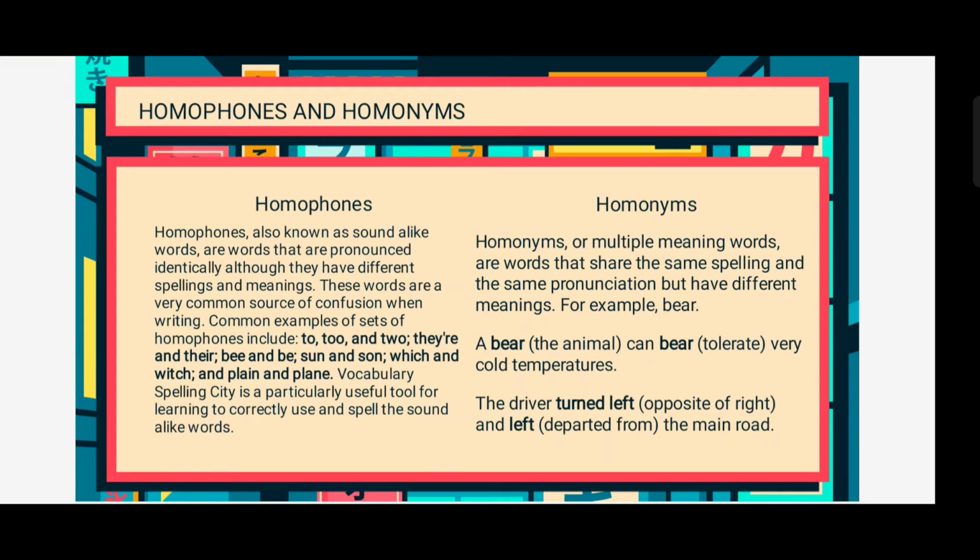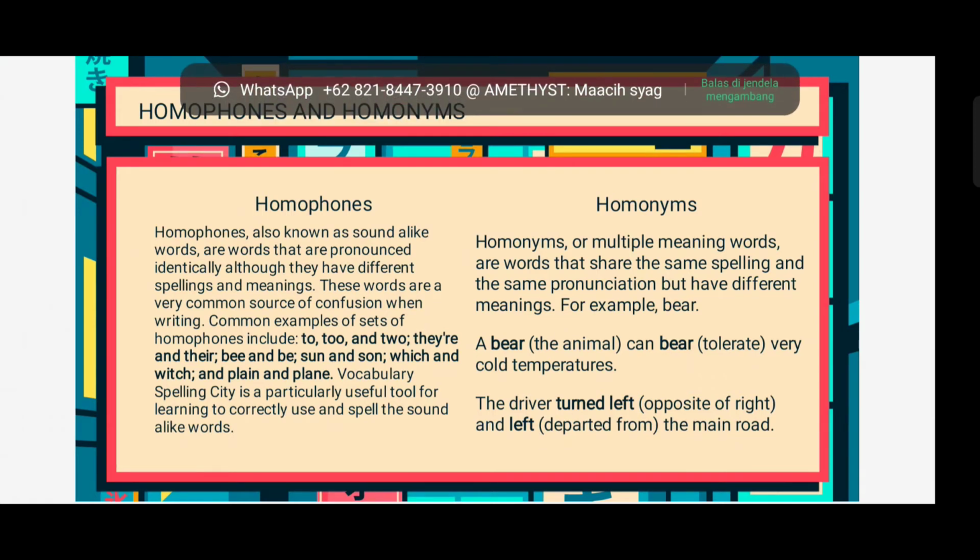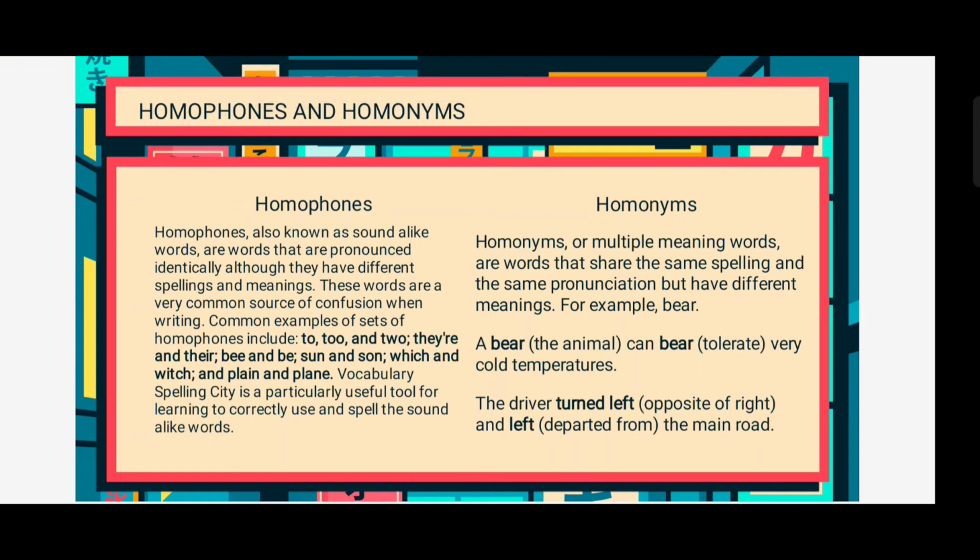Common examples of homophones include to, too and two, there and their, be and bee, son and sun, which and witch, and plain and plane. Vocabulary Spelling City is a particularly useful tool for learning to correctly use and spell the